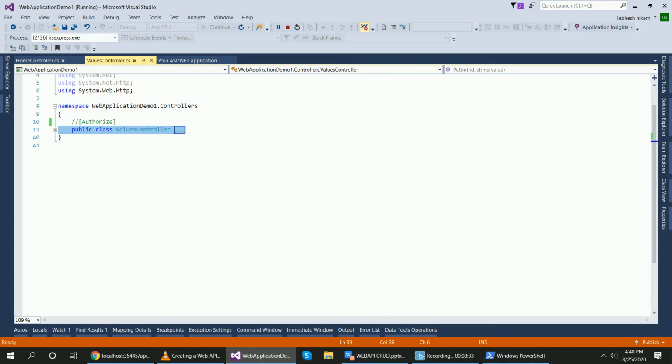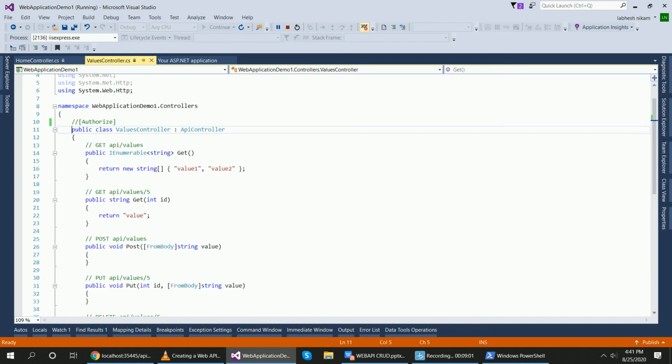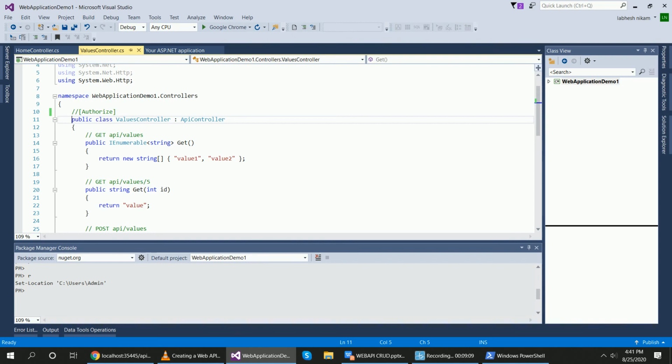The debugging is running, so it doesn't happen.